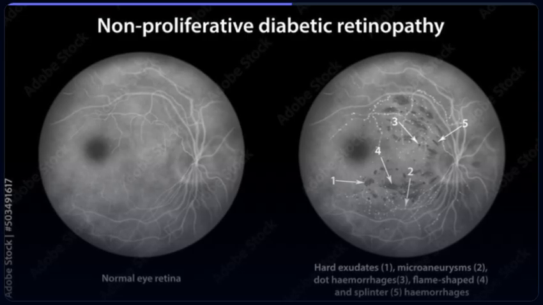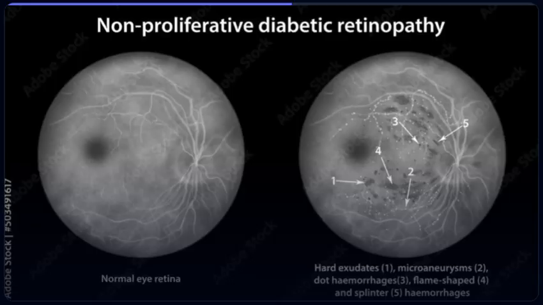Why does the anatomical depth of the bleed dictate whether we see a spherical dot or a horizontally oriented flame guided by the nerve fiber layer? Simultaneously, the waxy clusters at marker 1 are hard exudates, representing the solid protein and lipid residues left behind after the aqueous component of leaked plasma has been resorbed. This visual map illustrates the shift from a high-integrity barrier to a porous system that systematically compromises the metabolic stability